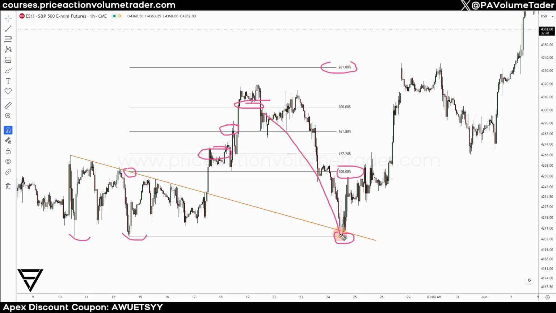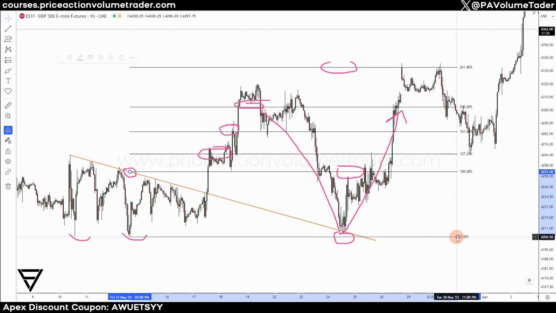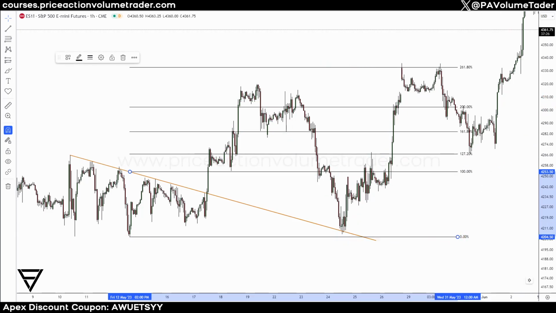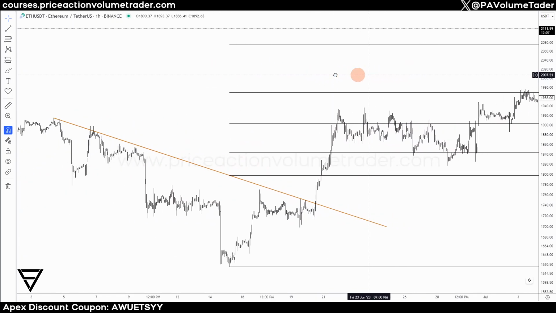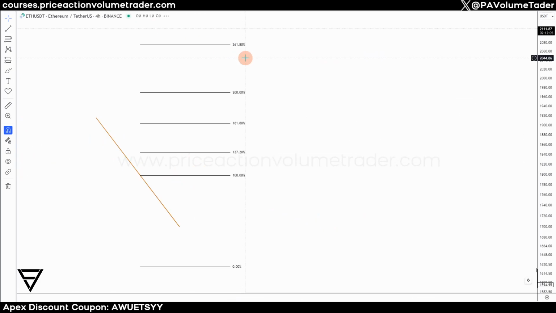Then we had this big pullback, but if you can see on the second push up, if I extend this now to the right, you can see how the 261.80 was a very precise double top right here before we had a significant pullback on this level. Next, let's go into crypto, Ethereum, US dollar, 1 hour, well, let's go into the 4-hour chart